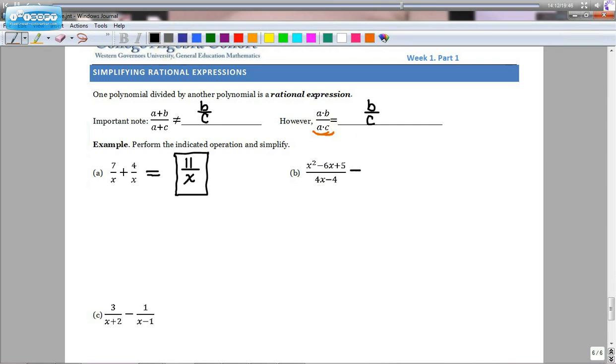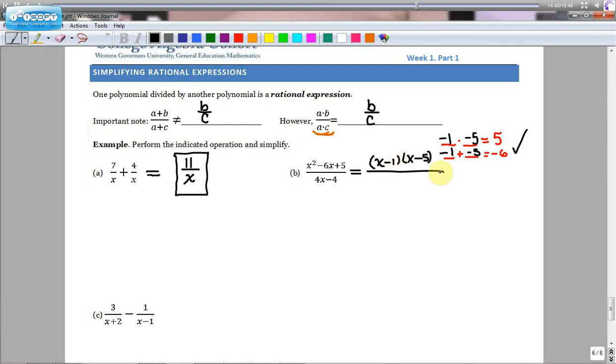Okay, well in the top, since we have a leading coefficient of 1, we're looking for two numbers that when I multiply them together gives me 5, and when I add them together gives me negative 6. Well, the two numbers that will work in this case would be a negative 1 and a negative 5. So that means the top will factor into x minus 1 times x minus 5